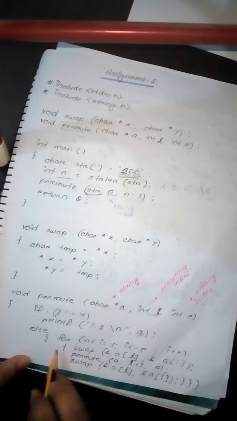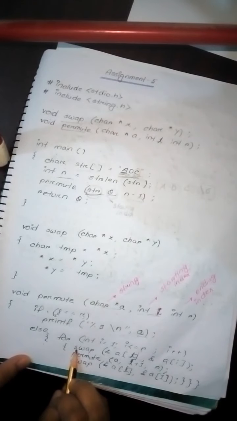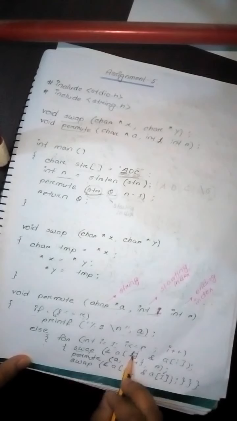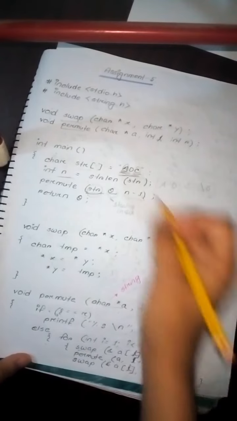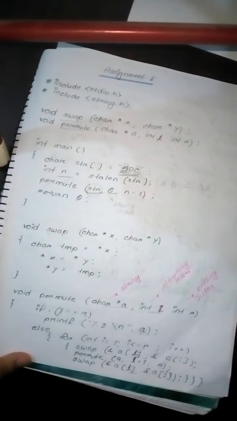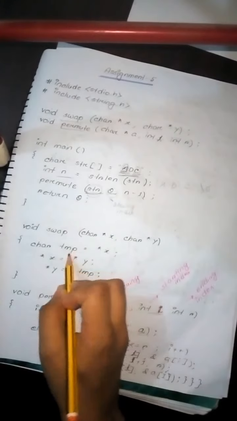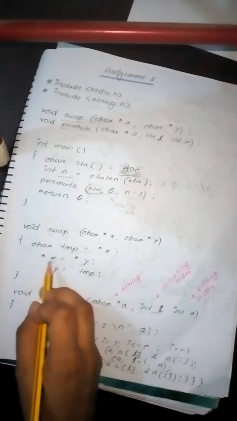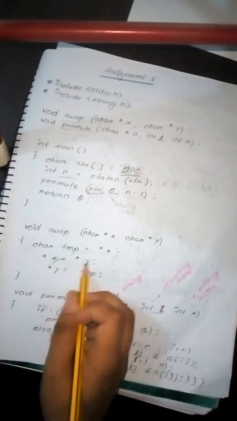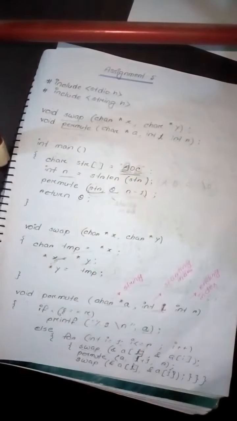What we are going to do here is, first of all, we will swap A[L], which is the first value, with A[i], and in the first case A[i] is A. So first of all, we are going to swap A with A. What we know about swap is just interchanging or exchanging the values. We will take x to y and y to x, that is, we will swap here A to A,